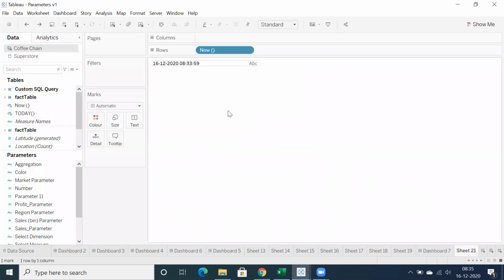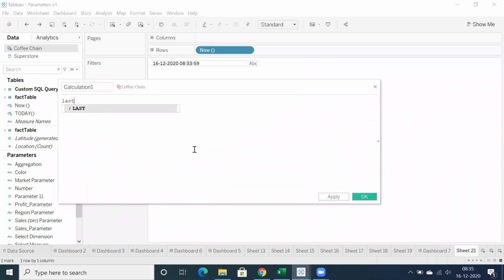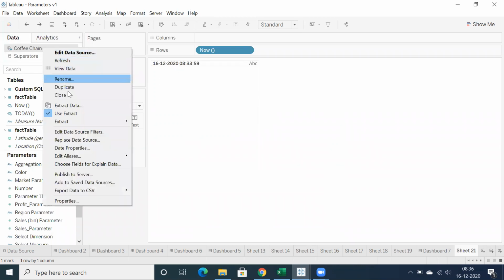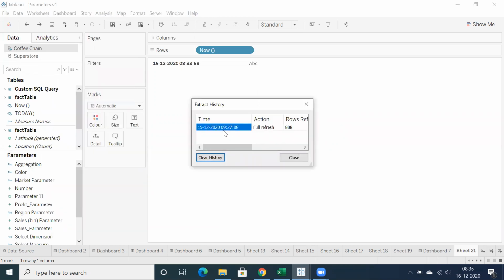So to capture last updated date and time, let's check if we have any calculation. So we have the LAST function, but any update time? We don't have a function to capture last updated date and time for the data extracts. Okay. So which I have used today or now function. Today captures today's date and now captures today's date and time. But my requirement is whenever you are going to refresh the extract, whatever the last refreshed date and time, I want to capture that specific date.